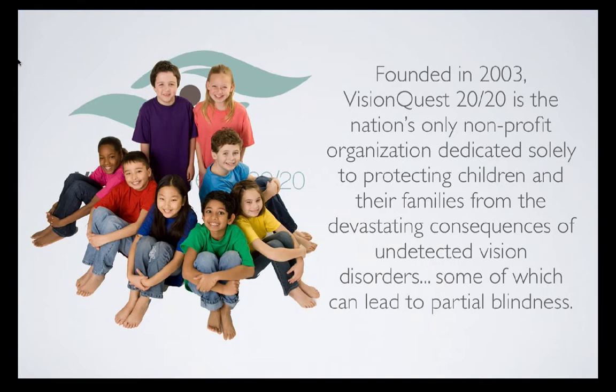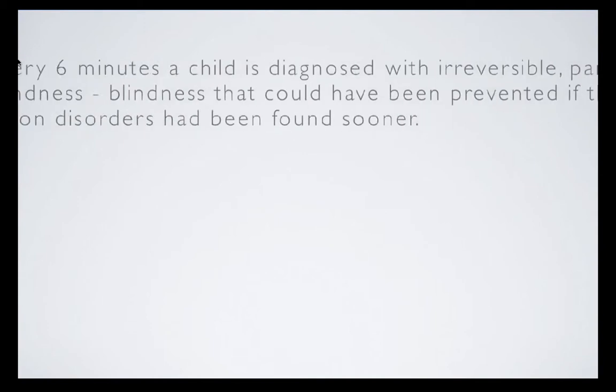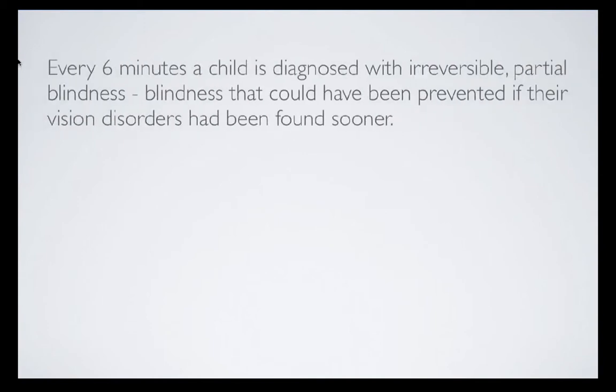The public health dilemma, if you will, is that some vision disorders can lead to irreversible blindness in one eye due to a condition called amblyopia. And I know that I'm speaking to the experts out there. You guys already know this. But the real issue is that it's much more common than people realize. In fact, in this country alone, every 6 minutes, a child and their family is informed that the child is now blind in one eye. And what breaks the hearts of these parents is that the blindness could have been prevented if only the vision disorder had been found earlier in life, before age 9.